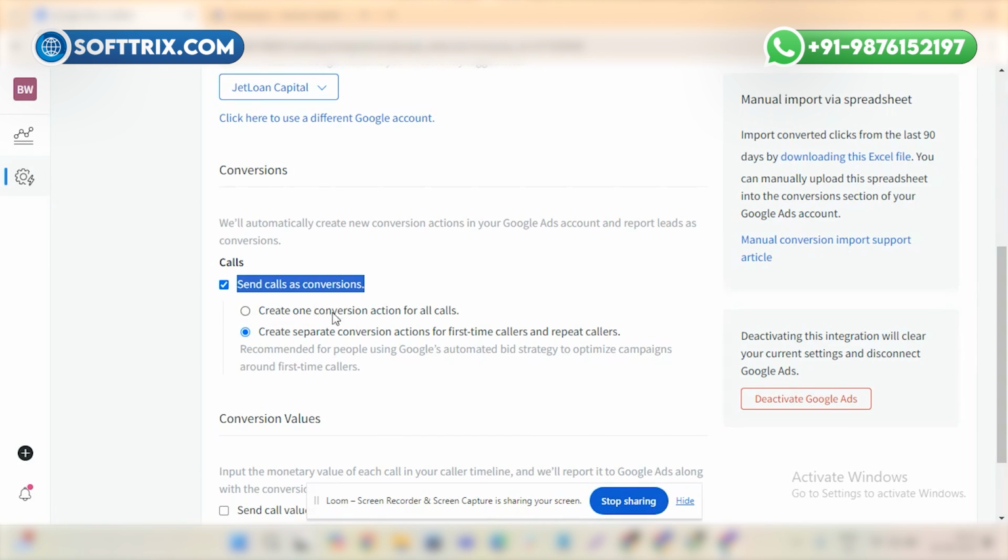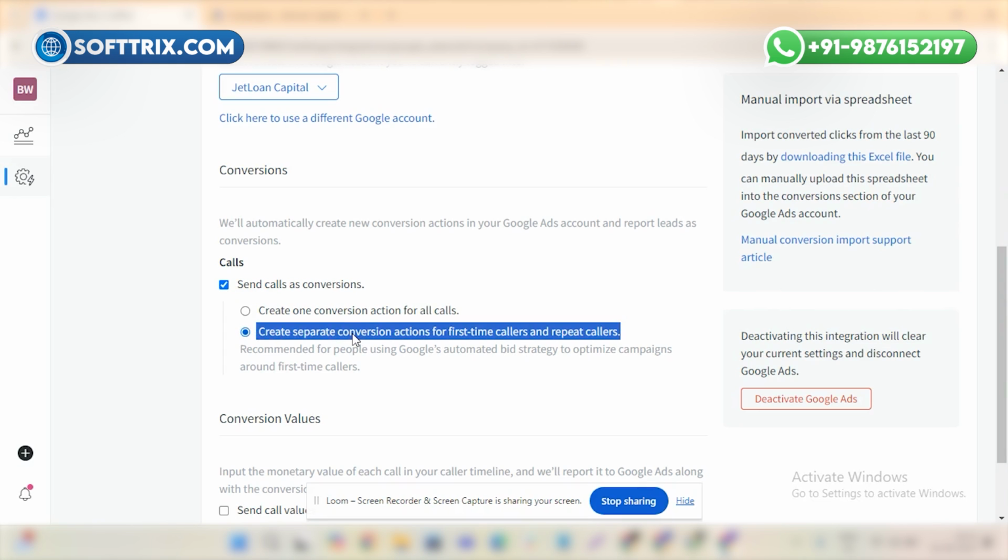It also has two options. The first option is create one conversion action for all phone calls. Basically, it will only create one conversion action for all the phone calls, whether they are repeat or first time callers. But the second option, which I would recommend, and which every business should want, is to have that idea of first time callers.